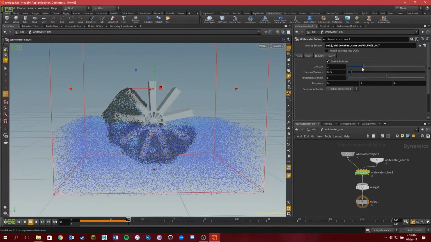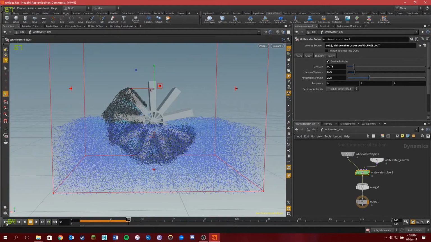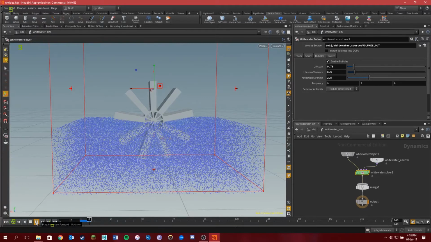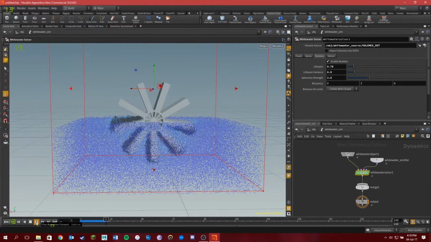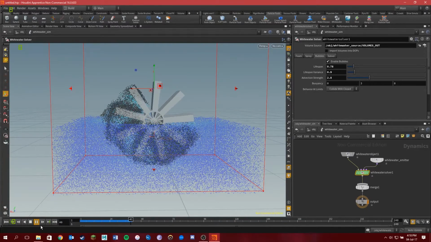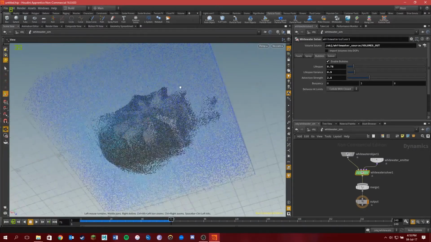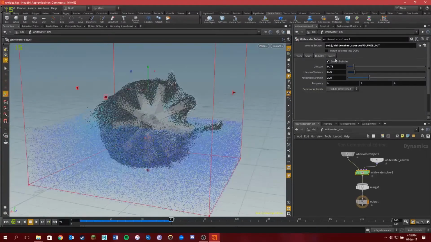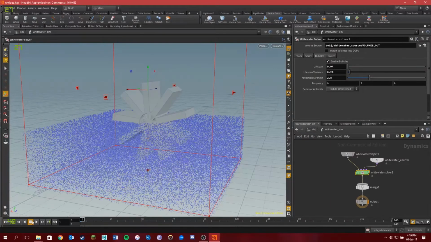Bubbles are a lot thicker, so what I'm going to do is turn down the lifespan and turn up the lifespan variance and bring down the advection strength. And that just means that they're going to sit there for less time. So you can see as the wheel turns, makes bubbles like that, and so it's going to push them out a lot. So I'm actually going to bring the lifespan down even more to 0.04, and then just bring that down. I'll go back to the start, I hit play,